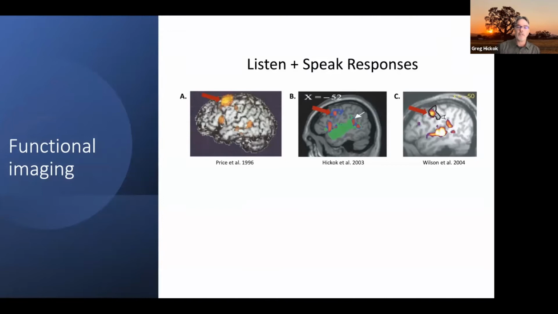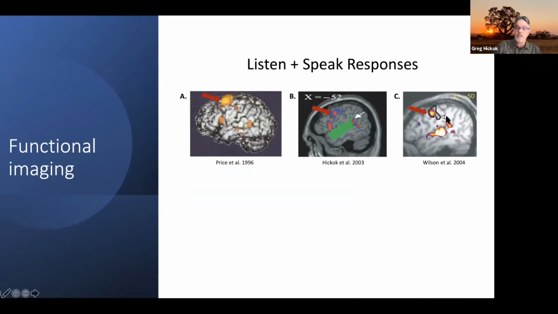Those of us who have been looking at speech and functional imaging have known for quite a while that there are two areas, at least in the lateral frontal cortex, that respond during both listening to speech and speaking. And these include, going back to Cathy Price's early work in the 90s, you get this,